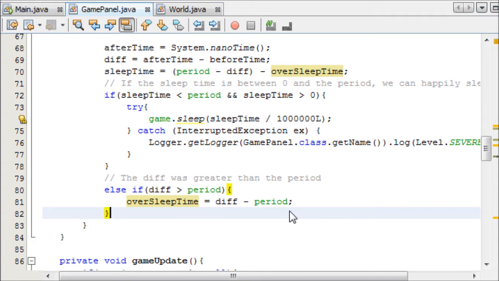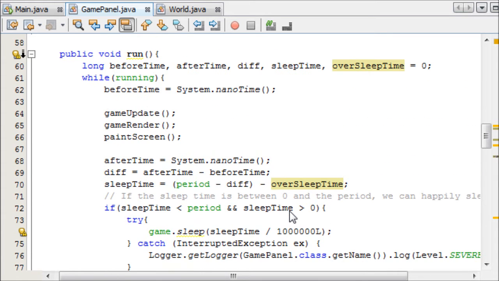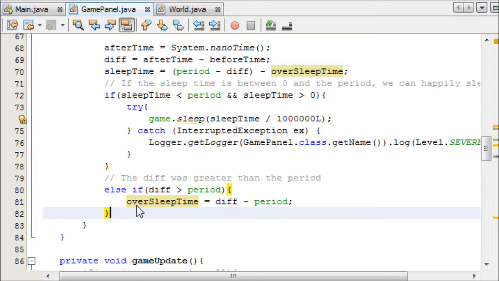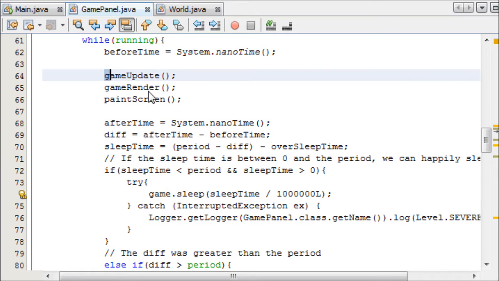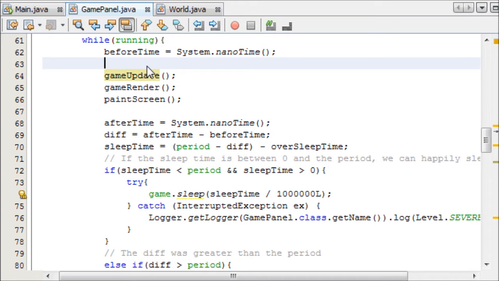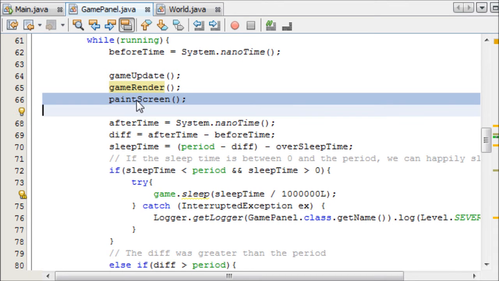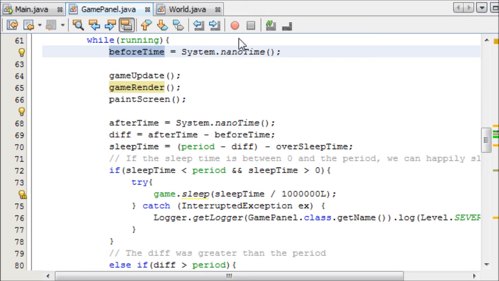So, we need to make one more thing after this, but it's not going to make sense unless I explain to you now. So let's go through as if it was actually happening. Let's run our program, and we're moving in epic slow motion because programs run as fast as they possibly can. So it's going to update the game, render it, paint the screen. Let's say the first time off,